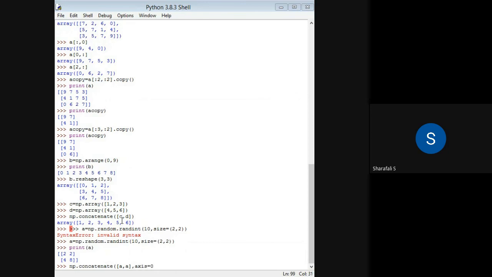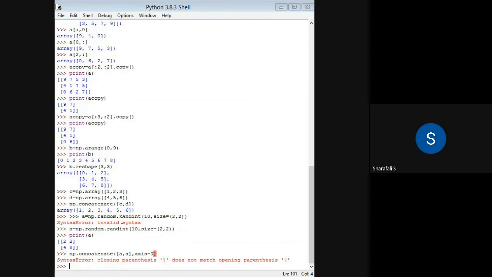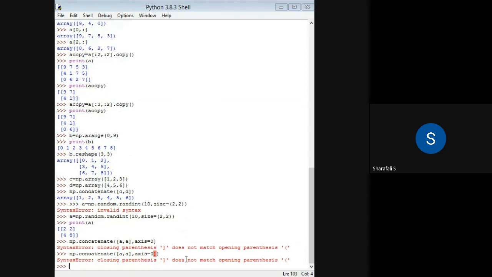If I put axis equal to 0, that will be concatenating, sorry, row wise, so the number of rows will increase in this case. If I put it like this, I think I missed one bracket here, yes, this bracket.